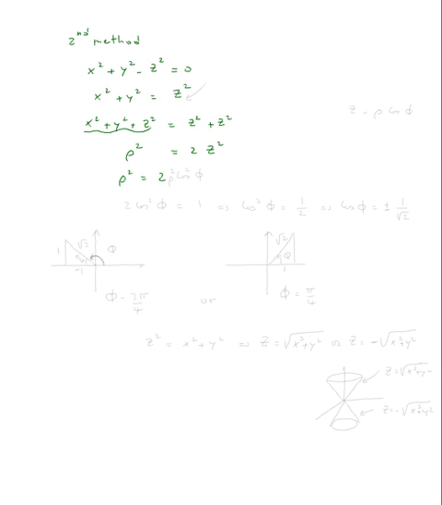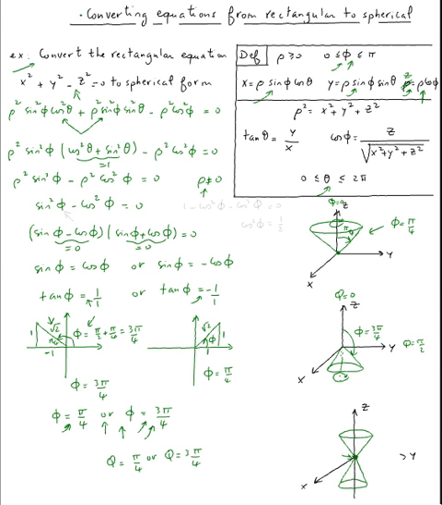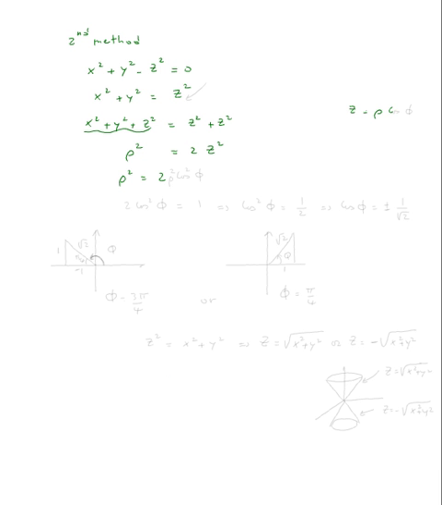I know my z is right here. z is equal to rho cosine of phi. So that would be 2 times rho cosine of phi, and then you need to square everything. Now, same thing, divide by rho squared. You get 2 cosine squared of phi equal 1. Right? All I'm doing is dividing both sides by rho squared. Now this means that cosine squared of phi is equal to 1/2, which means cosine of phi is equal to minus or plus